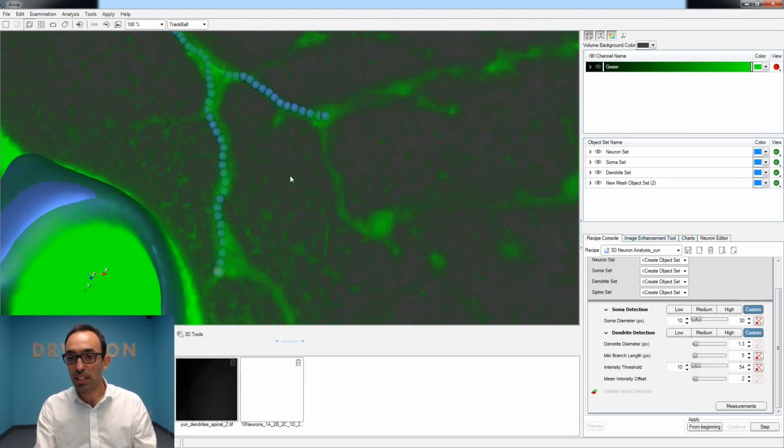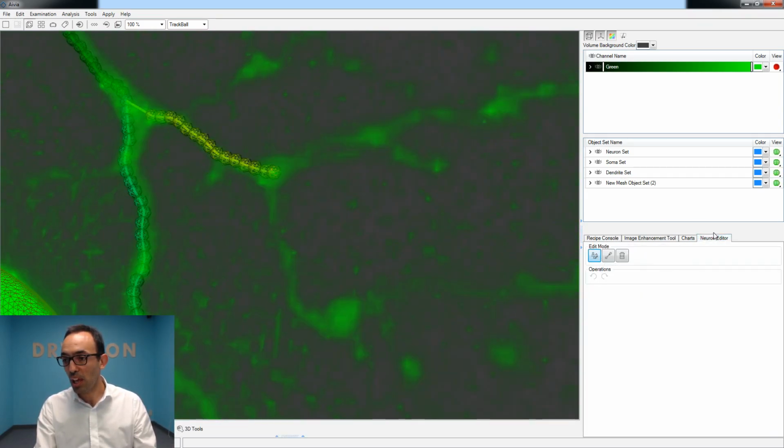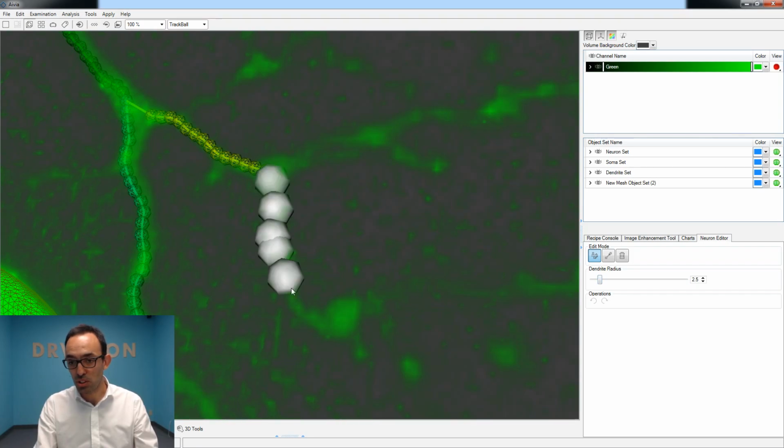So if I had a data set like this and I wanted to do some editing, we can go into this mode here called Neuron Editor, and you can select the pencil, dendrite pencil. You can determine which diameter you want to draw at. I'm going to set it to 2.5, and then you can just simply draw. This is obviously too large, so I can just go back, set it a little smaller, and do it again. It's still too large. Maybe 1.2 is good. So I can draw like this,